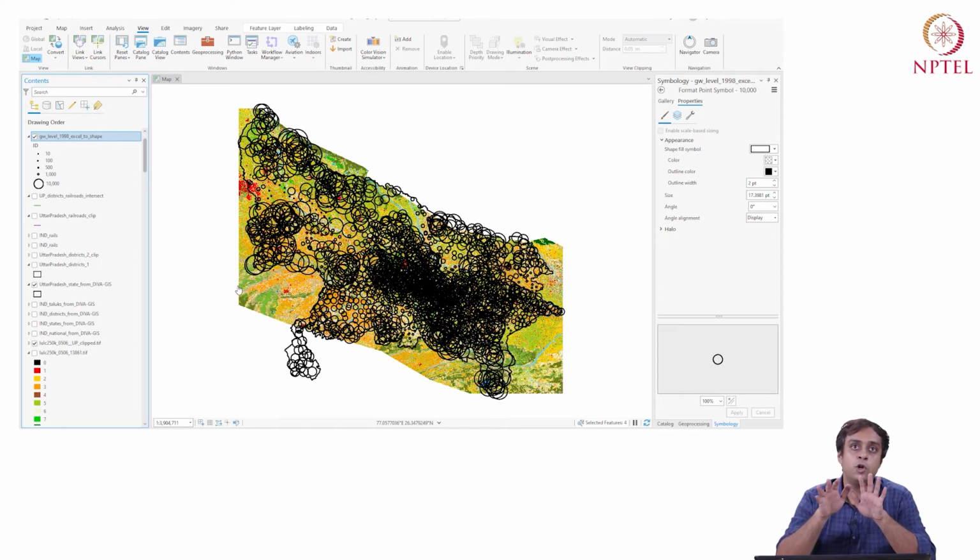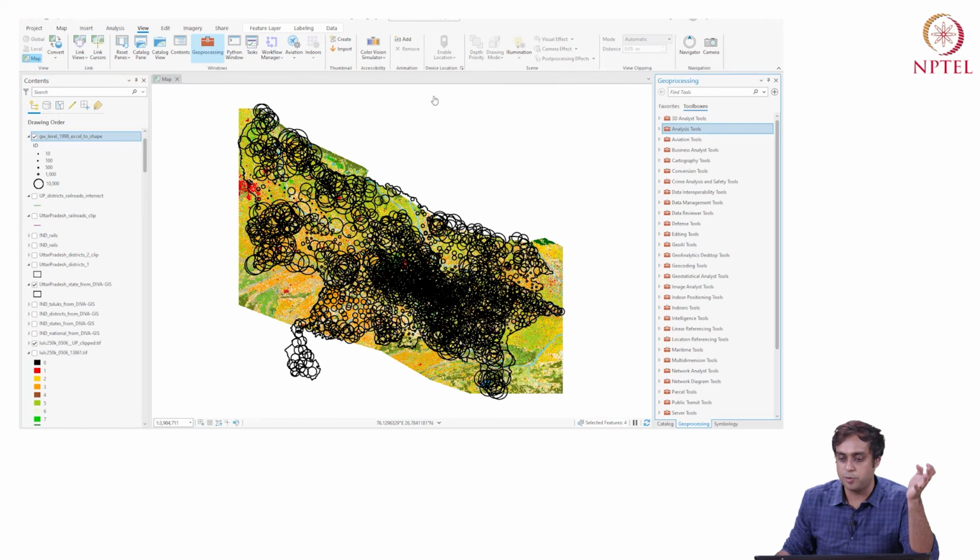But I want to end by saying that this is just a ramp up. There's an entire toolbox in front of you. We saw under geoprocessing there are all these tools. They can all do very interesting things. So it depends on how far you go in terms of experimenting and spending time. I highly encourage you to do that.